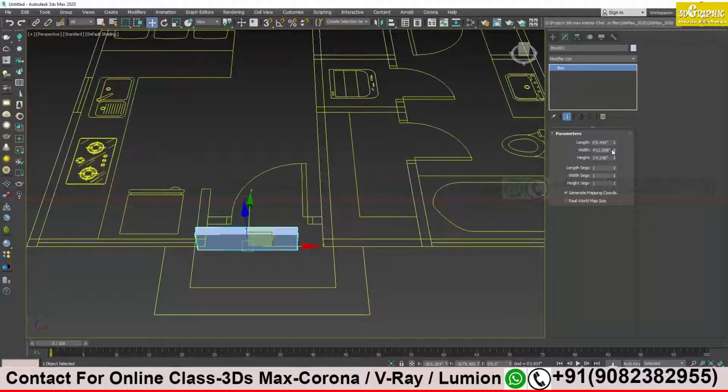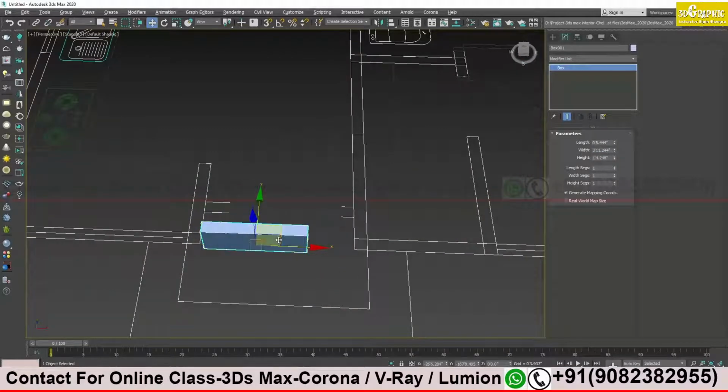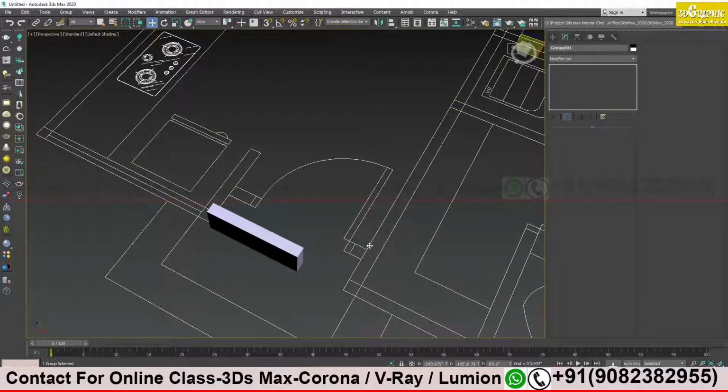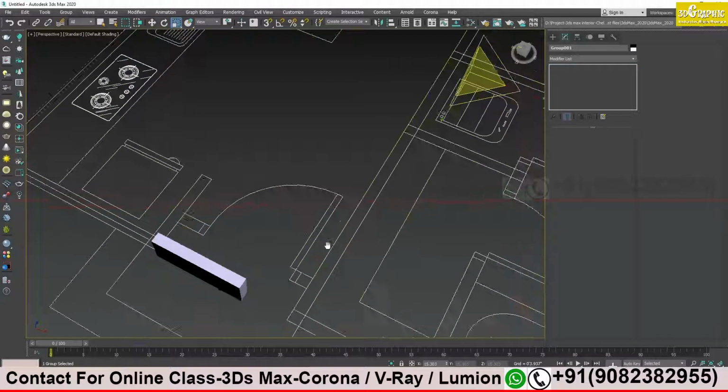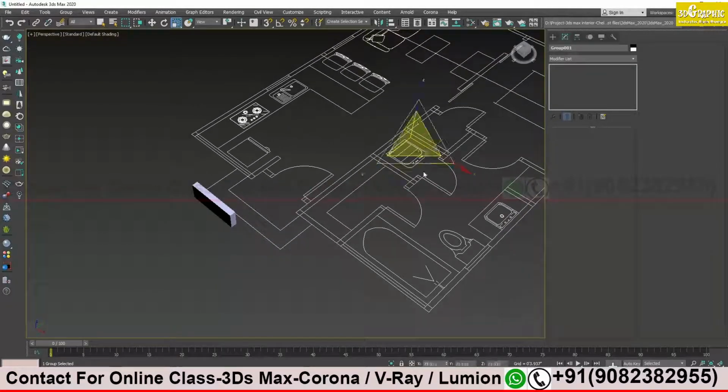First I will make 1200 millimeter, of 4 feet. So this is my 4 feet. So you select your CAD file, press scale, and then you have to scale it. This is what you have missed, I think, no?